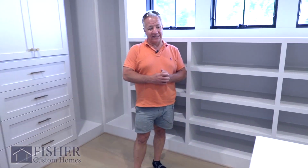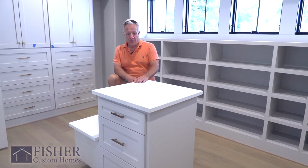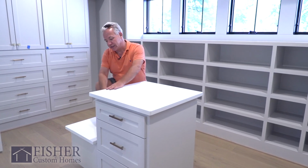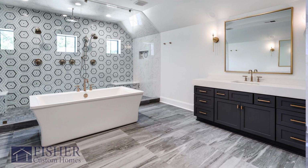And this is the other closet that we did here. We built this island space where you can set out what it is you're going to wear for the day and help get organized, and then added some additional drawers in here. Shoe racks. You guys have shoes on, but the floor is heated. No, you're allowed to have shoes on, that's fine. The floor is a heated floor. Obviously, it doesn't make a lot of sense today, but...